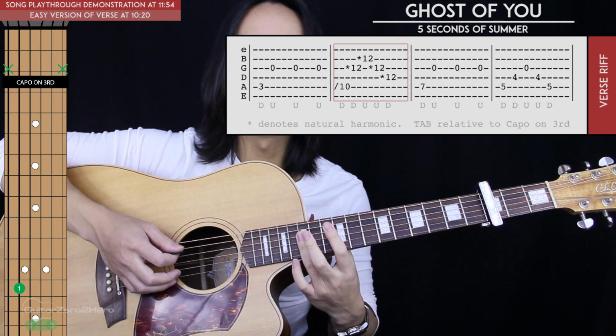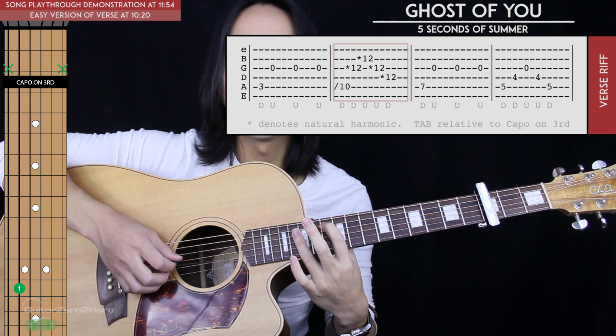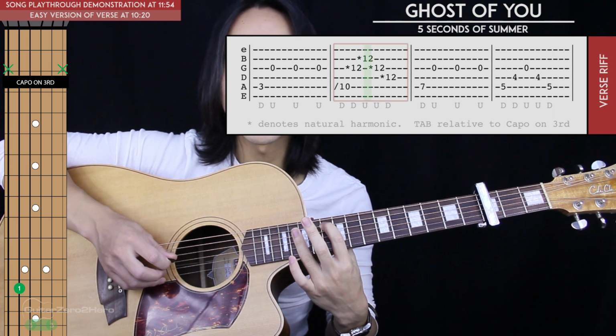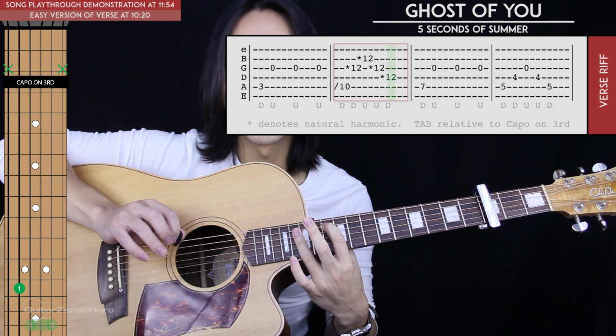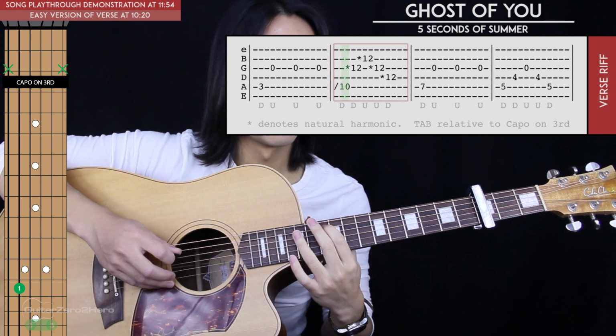In the meantime, you do need to keep your index finger here on that 10th fret of the 5th string. And for our 4 plucks, we'll go 3rd, 2nd, 3rd, 4th string. And those are all harmonics. So in total for that section,